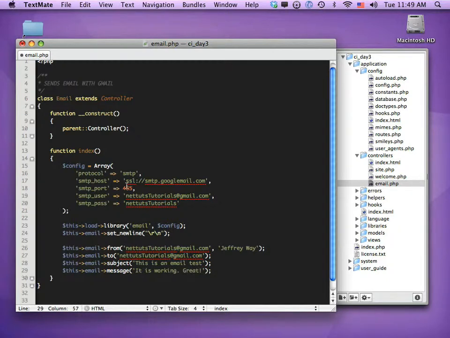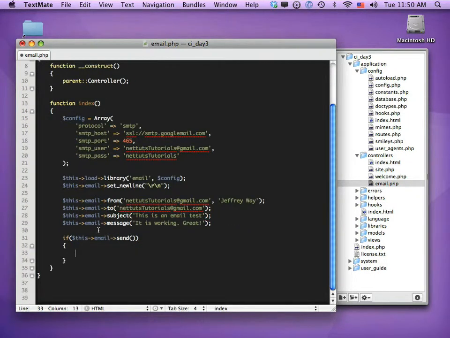All right, so we have our message. Now I am going to show you how to attach files as well, but I'm going to come back to that because let's just make sure this is working. So we're going to do an if statement, and we're going to say if this email send. We have to call the send method in order to get this working. So if you type in all of this information up here and it's not working, check to make sure, did you actually call the send method? So when that is called, it's either going to return 1 for true, 1 for successful, or 0 for false. So we're just basically saying if 1 or if true, if it was sent successfully, then let's just do something like